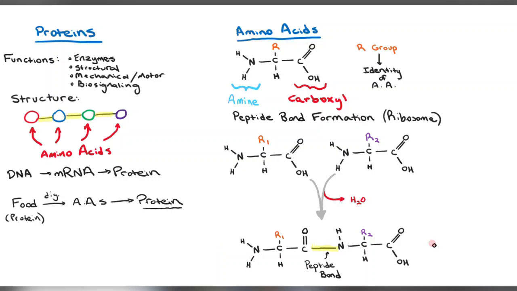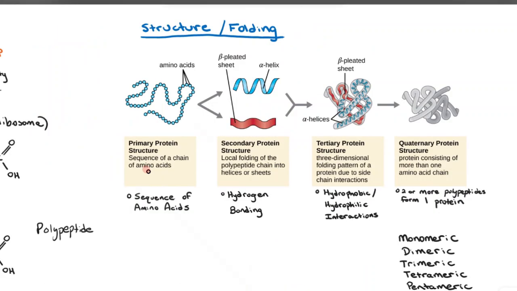And because we're forming a bunch of these peptide bonds, you know what we actually call the final protein? We call it a polypeptide, which is the same thing as a protein. So anytime you hear polypeptide, that just means protein, all right? All right, so we talked a little bit about protein structure. We said that proteins were just sequences, chains of amino acids put together with peptide bonds, and that is true, but that's really only primary protein structure. There are different higher levels of structure that we need to talk about.